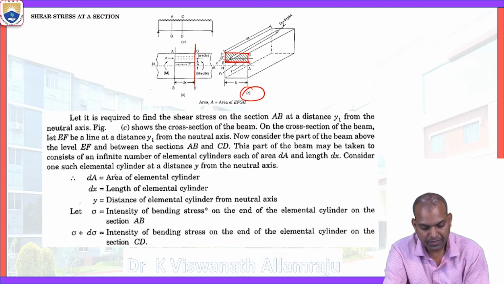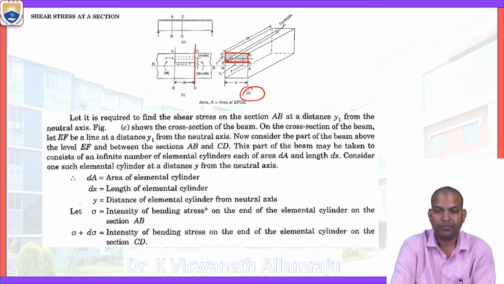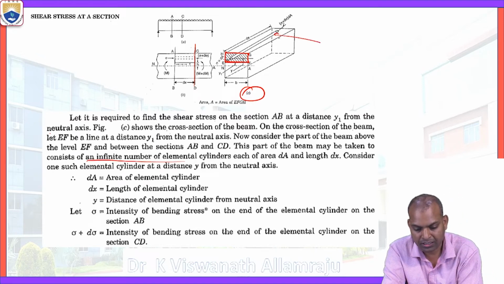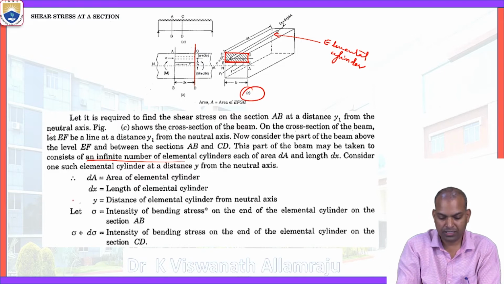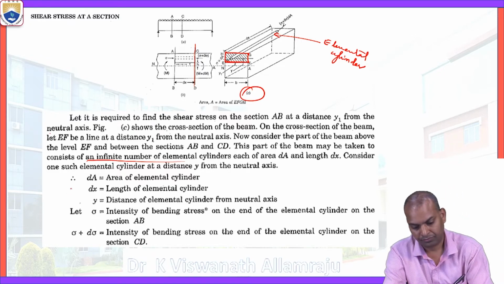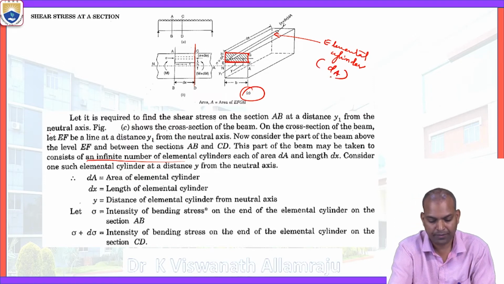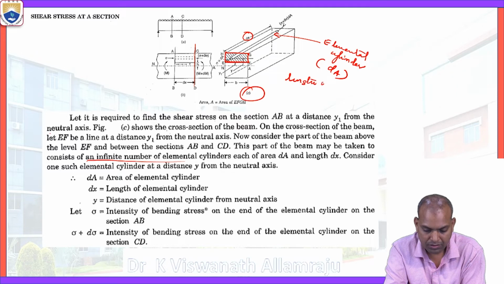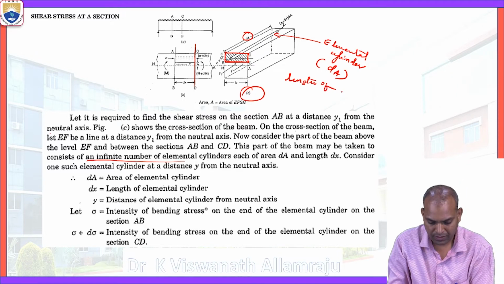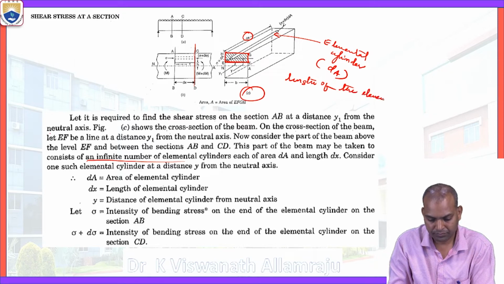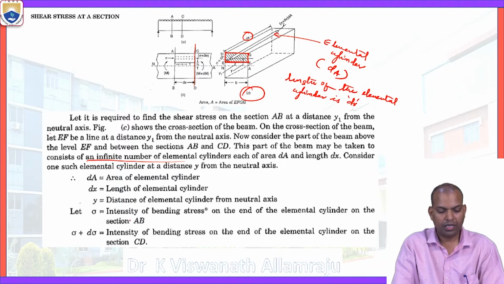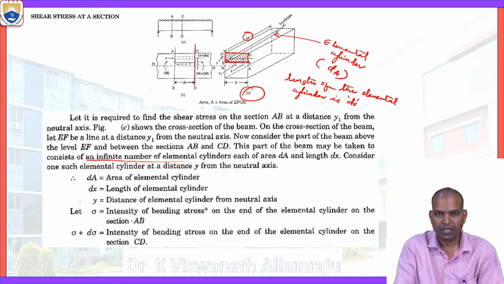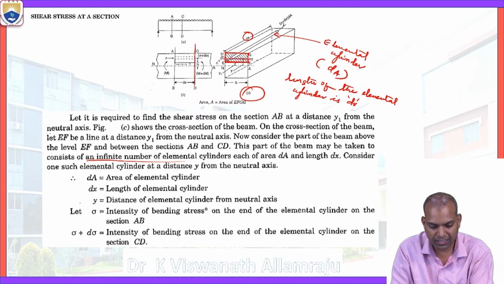This part of the beam may be taken to consist of an infinite number of elemental cylinders. These are the elemental cylinders, and the area of each elemental cylinder is dA. The length of the elemental cylinder is dx. Now considering one such elemental cylinder at a distance y,